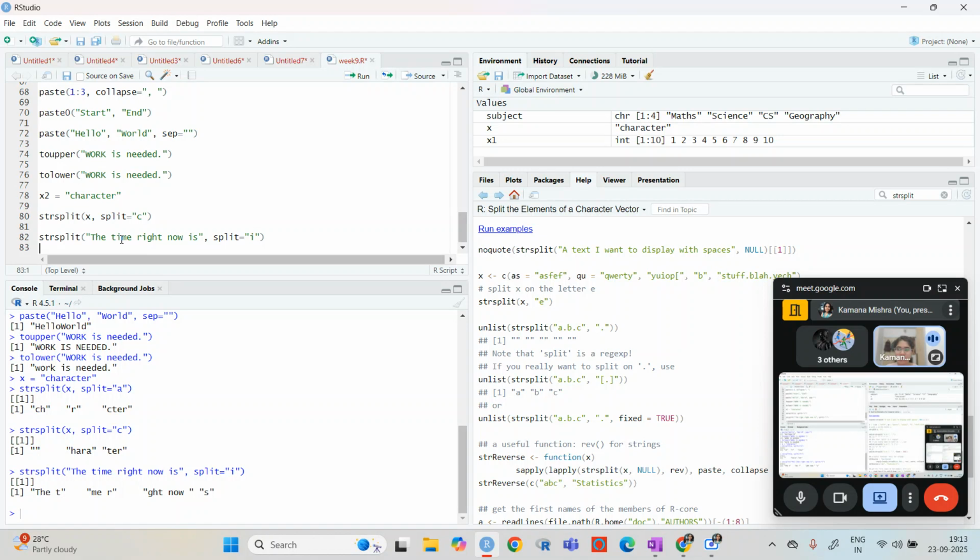So the time, so I, and then the t, then me, r, and then I again, so gst, and now, and then there is I again, and then there is s. So that is one of the ways you can separate it, right?